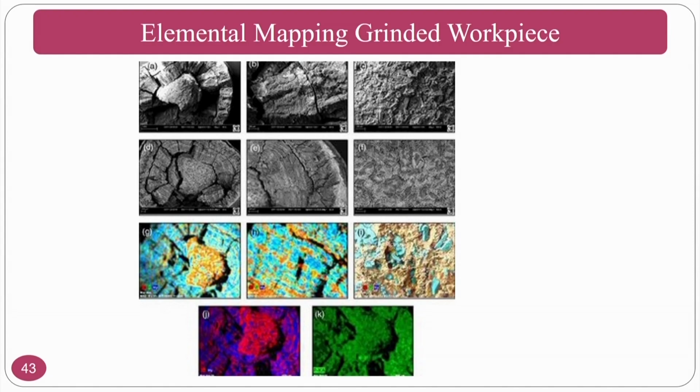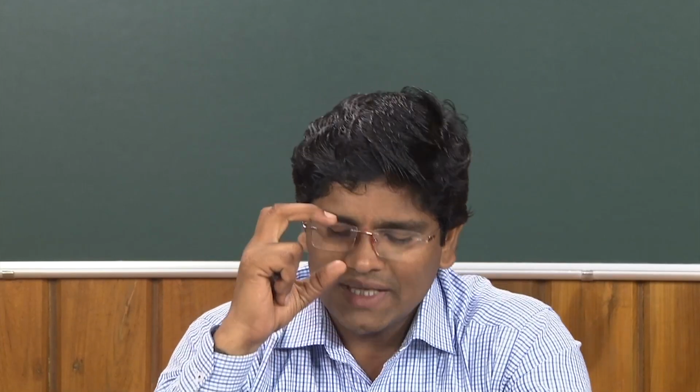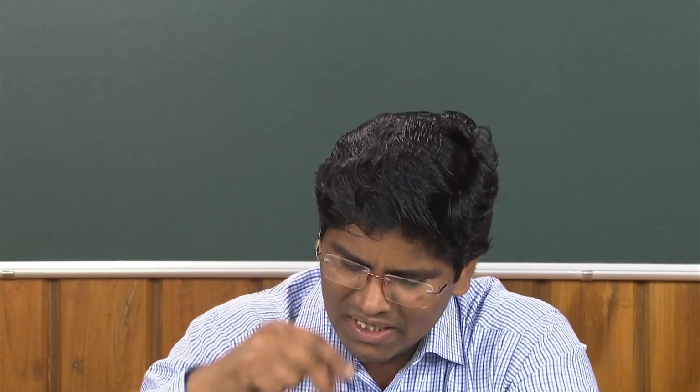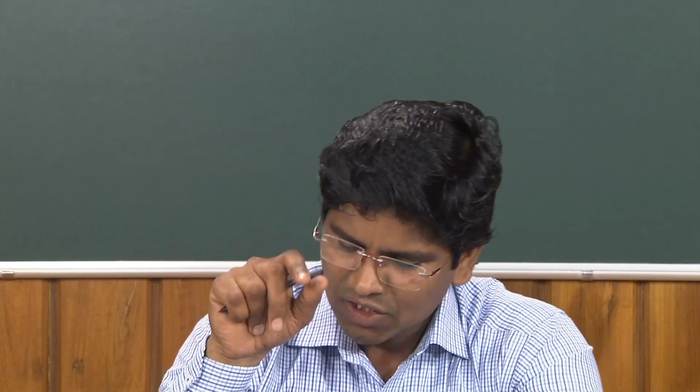So, another one is elemental mapping. For the surface, you can also map. Previously, what have you done? You have done a point scan, you have done a line scan, you can go for an area scan. Whatever you have seen is an area scan, just draw a circle and you can find what are the elements in that area. Okay. Similarly, if you want to know what are the elements in a particular picture, the complete picture, then you can